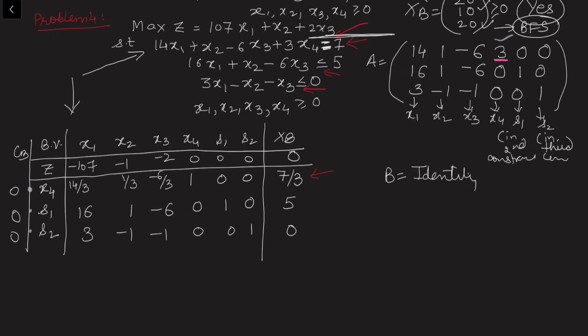So now we proceed as usual. This is a maximization problem, so we enter the most negative and we find the corresponding leaving variable as per minimum ratio. So here also it is possible to apply the simplex method. So we have to always look for a ready identity matrix available in the question for the simplex method.